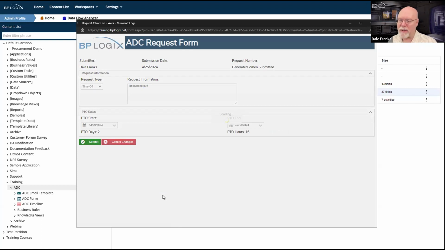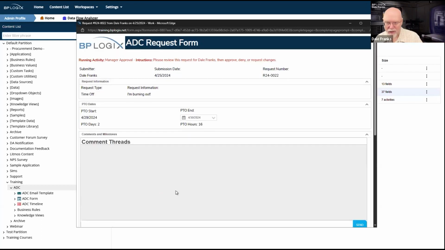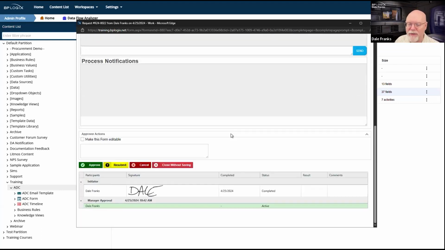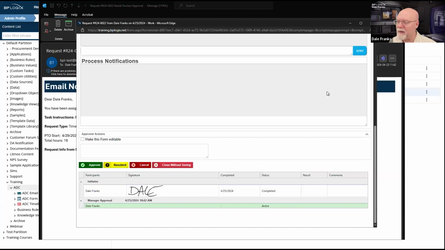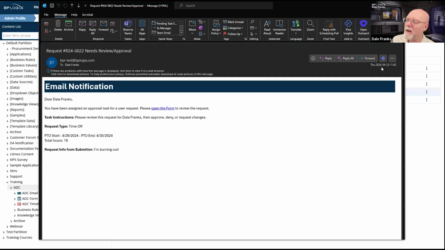And obviously the form is going to come to me as the manager. We've already tested all of this stuff, so we're in manager approval. And I got my first email notification. So let me open it up. Don't know what window it'll open up in. But conveniently it opened up in this one. So here is my initial email notification. Let me go back over here. I've got all this stuff open. I want to close this, close the form. So now it's just me and Process Director. I'm even going to close that. So let's be sure that our email link here. By the way, this is how ugly that link is.